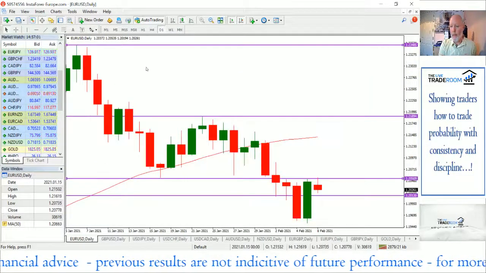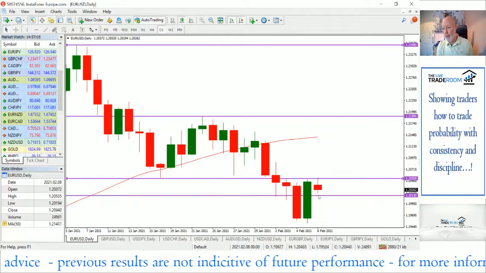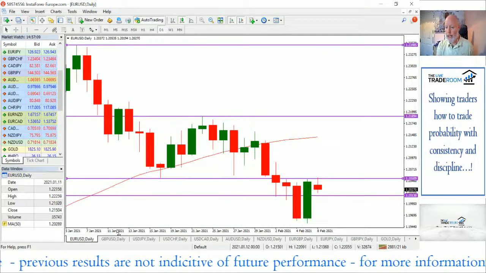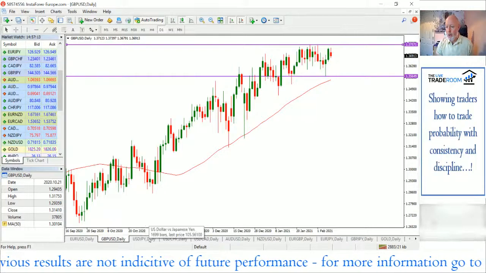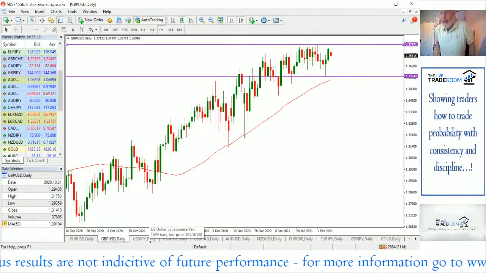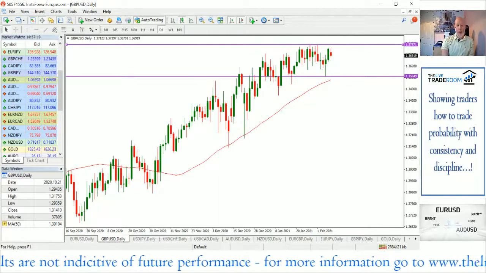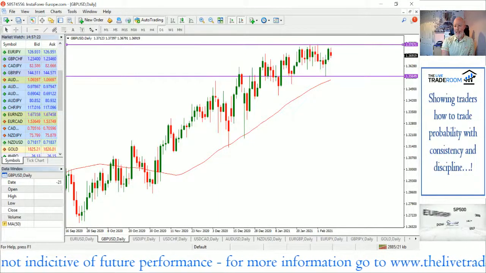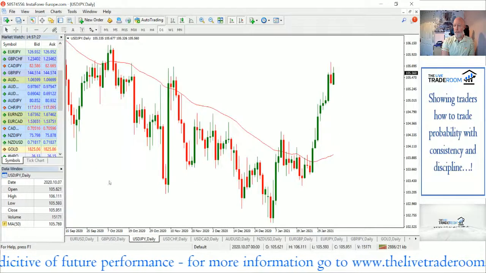We can compare and contrast that with the euro dollar, which is pushing lower. So we have the structural failure trade to the downside, consolidation in the euro dollar. So we're not fans of trading consolidation because it reduces the probability of a successful outcome, and we generally look to stay away from trades like that if we can.